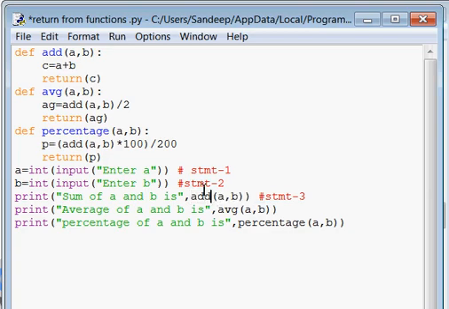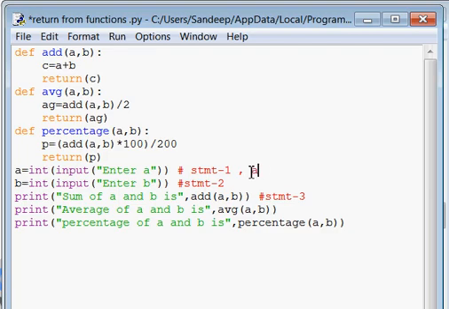So if we talk about the execution of this program, I will explain it again. See, the very first statement that will be executing is this. This will ask you to enter a, means you have to enter the value of a.